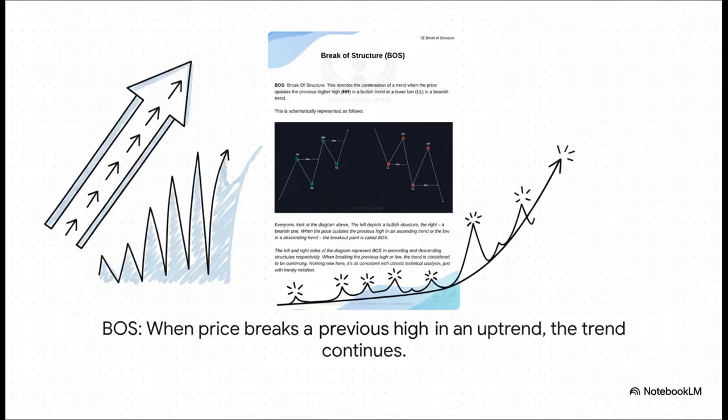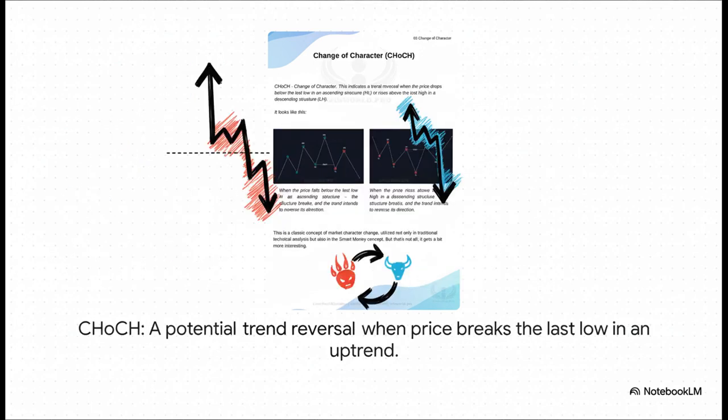A BOS is super straightforward. In an uptrend, the price makes a high, it pulls back a bit, and then, boom, it breaks above that previous high. That break right there, that's your BOS. It's the market just confirming, yep, we're still headed up. A CHOCH, though, is where things get really interesting. It's a signal that something might be changing. Notice here how the market was in a nice uptrend, but instead of making a new high, it broke below the last higher low. You see that? It just violated the uptrend pattern for the first time,